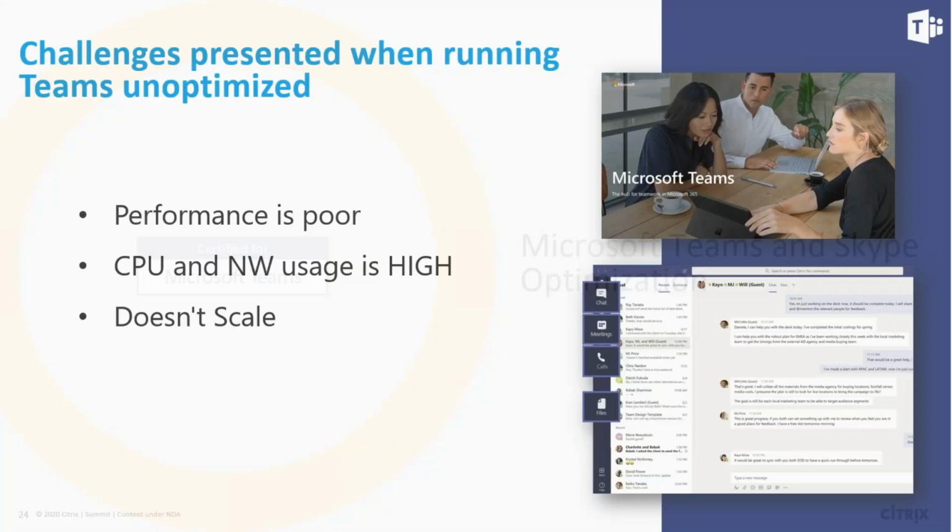Yeah, so one of the other areas that we get a lot of questions on is Teams optimization. And I thought I'd start with, why would you use an optimization pack at all? If you have used Skype or Teams in the past in an unoptimized way, anyone who's been a Citrix admin would know that the performance is poor. You generally get a huge amount of high CPU spikes, network usage is high, and it really doesn't scale very well. Because of those reasons, and especially if you're running those workloads in Azure, that's going to cost you more compute, and you're going to have to spin up more VMs. Your density is not going to be as good.